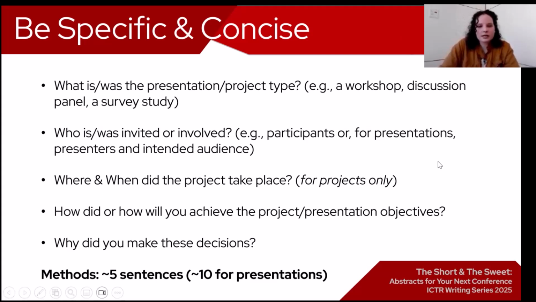Where and when did the project take place? That would obviously be if you're reporting on projects. How did or how will you achieve the project or presentation objectives? These are your methods. What did you do? How did you do it? And then finally, why did you do it, or why did you do it this way? Sometimes that's self-explanatory, but sometimes you do need to provide a rationale for those decisions. So this would be your method section if we're using more typical research abstract terminology,